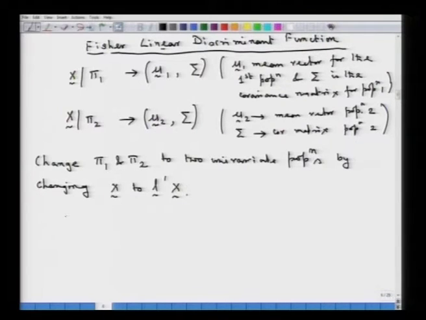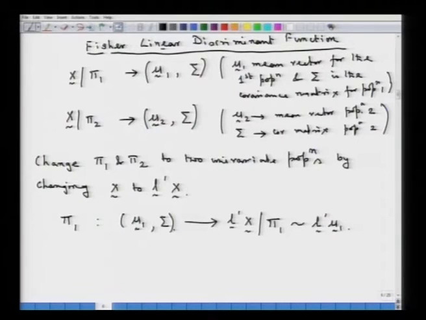That is, what we are now doing is this: pi 1 was a population characterized by mu 1, the mean vector, and sigma, the covariance matrix. This is now changed to the population L prime x. If x is the multivariate random vector with mean vector mu 1 and covariance matrix sigma, then we change it to a univariate population L prime x, a linear combination of the elements of the x vector. So L prime x given pi 1 has mean L prime mu 1 and variance L prime